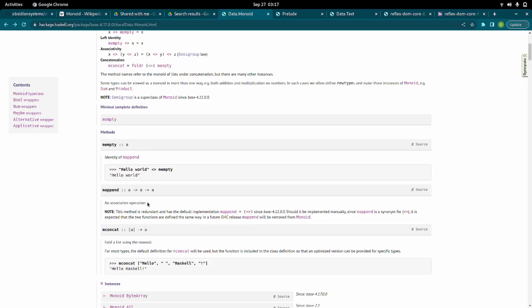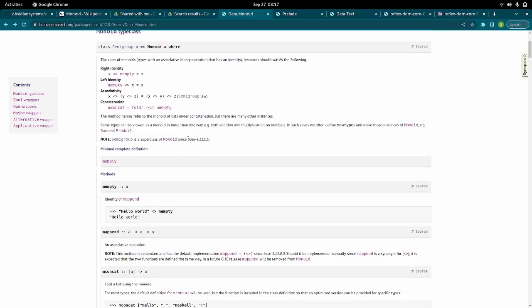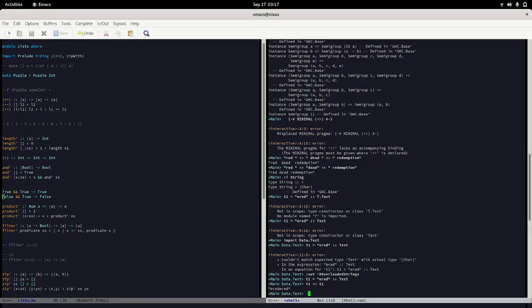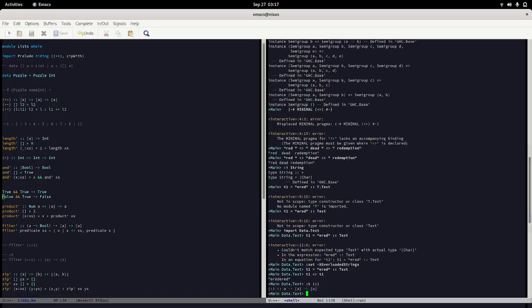For example, and why it fits with this type class and the laws of this type class, getting into the mathematical rigor, is that this mempty has to do nothing when combined with its same type. So this is different from cons, because if you recall cons, if we look at the type of the cons operator, we see that it takes an A and a list of A, and then returns a list of A. If we look at the type of this,